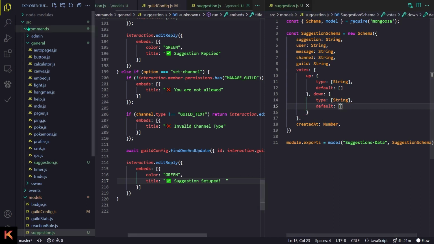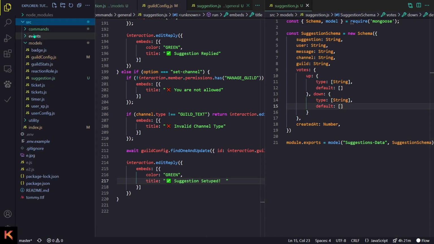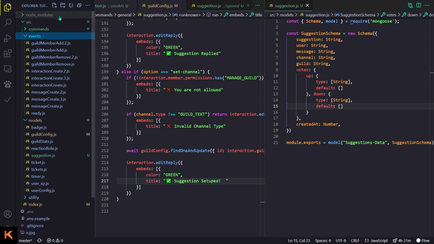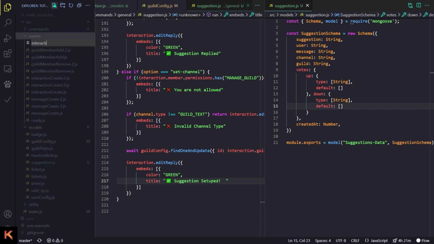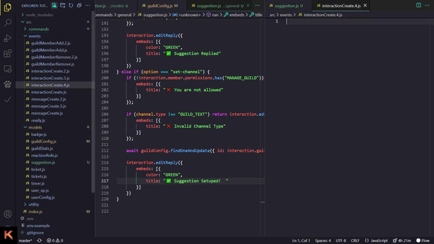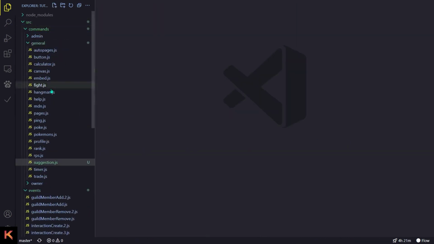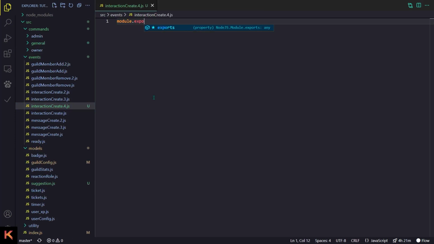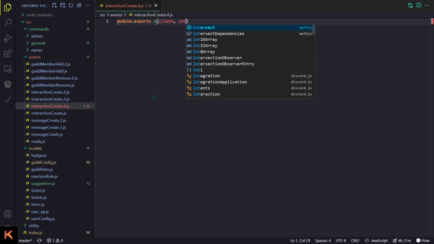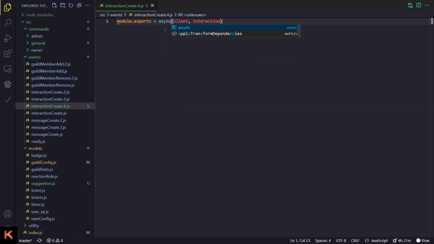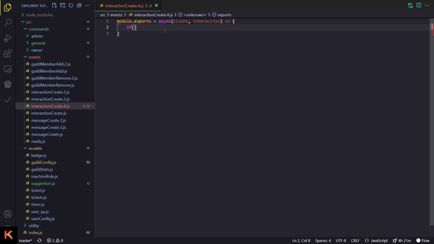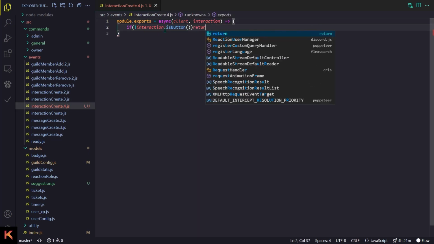And now let me make an event handler for our button. So we are gonna go on event and create a file, and I'm gonna call it interaction create 4.js. And now let's get started. So we will do module.exports equals client comma interaction, and it is going to be an async function, and it is going to be equal to this. If interaction is button, but I added an exclamation mark, that is, if it is not a button then just